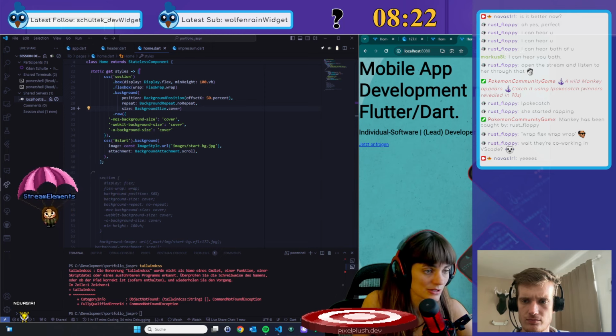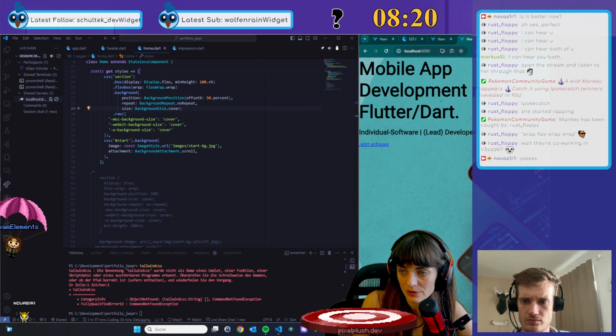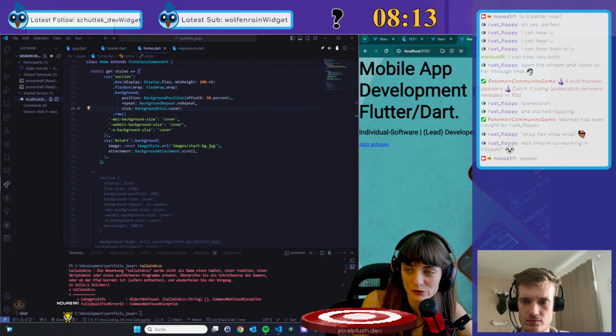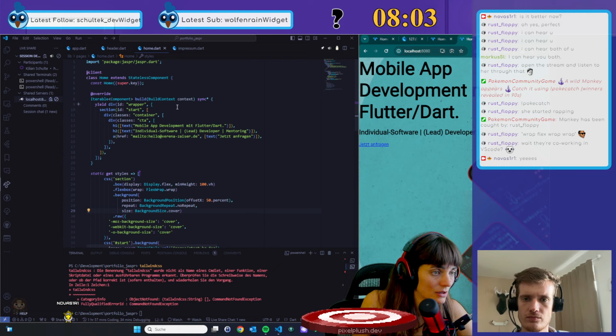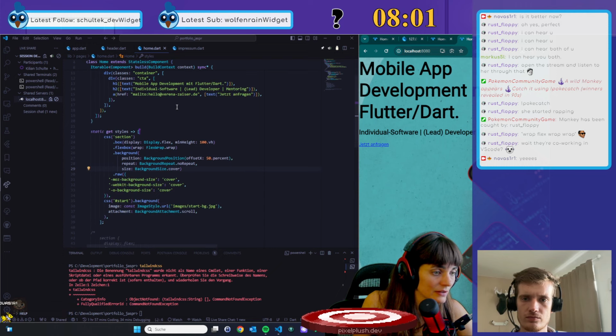Okay, so this is the start section with the background, and then okay, everything is a section, so the next page would also be a section. I see. Makes sense.